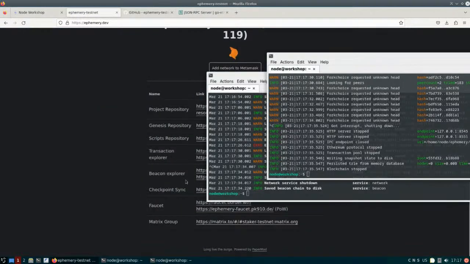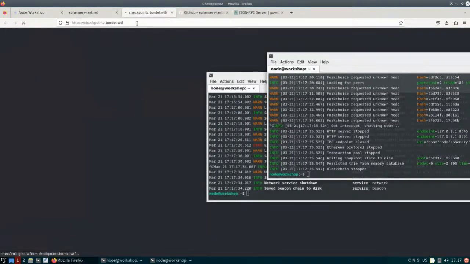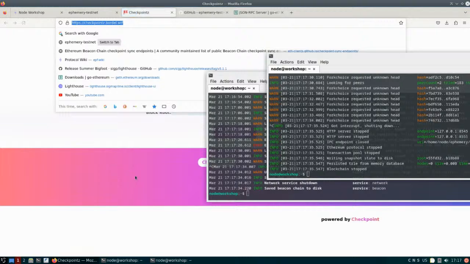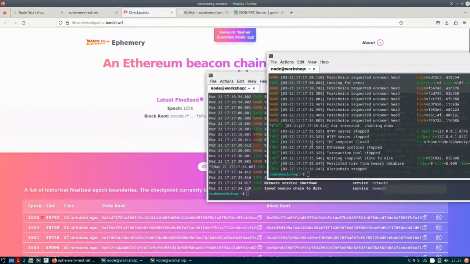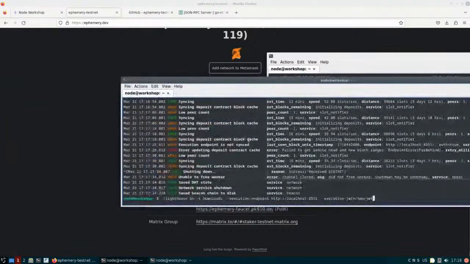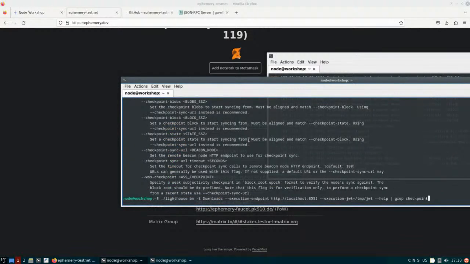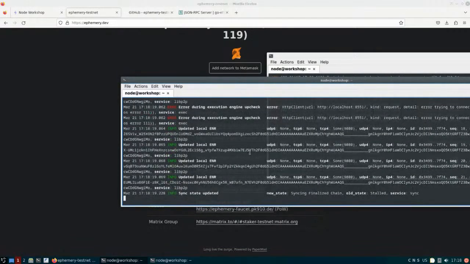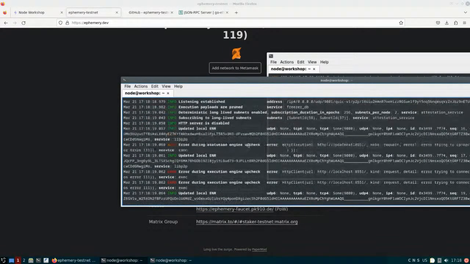But here, checkpoint sync, you see, we can use this website, which hopefully works. Yeah, that to checkpoint sync it. So what we want to do here is, I just got this checkpoint sync URL, right here. Makes sense. Checkpoint sync URL. It's this one, and now it's going to comply. No, it's not going to comply. It works, but